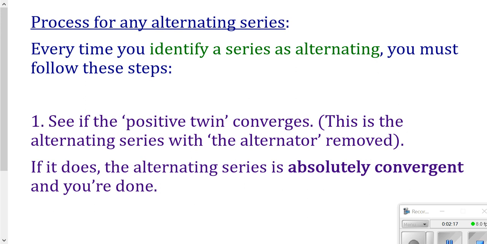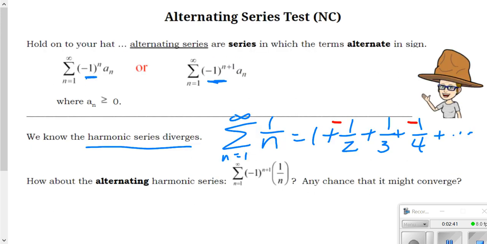First of all, anytime you identify a series as an alternating series, something that has negatives involved, these are the steps. First step, see if the positive twin converges. FYI, positive twin is 100% something that we've made up, so we can't really talk about this in terms of writing positive twin on your AP test. But what we mean by the positive twin is, if you look back here, which part of this is causing the signs to alternate? Oh, this part. Ignore that. This part. Ignore that. The rest of it